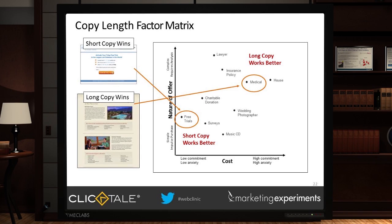While we're looking at that, let's look at this chart put together by our Director of Sciences. It's a very interesting chart. Notice that at the bottom axis is the word cost, and at the top is the nature of the offer. Notice at the bottom is simple impulse purchases. This is on the left side, and complex purchases that require analysis. And then at the bottom is low commitment and thus low anxiety, and high commitment and